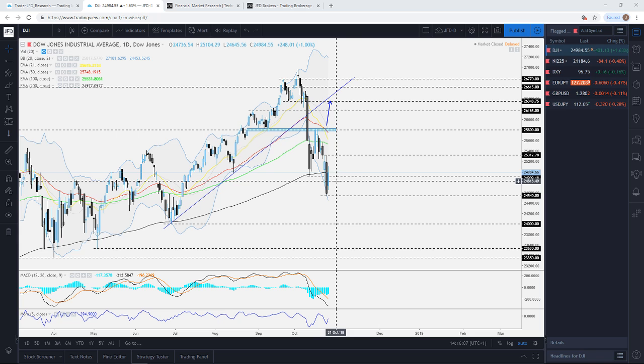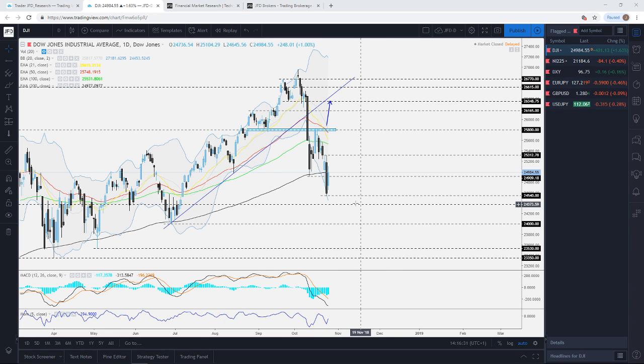we can see that it's trading around the 24,800, maybe just slightly below that. So in a way, basically what we're going to get here today is a little gap here, or just the candle basically is going to be inside here. So for now, if this index is going to continue trading within these boundaries here, the boundaries that I've got are on the downside the 24,540 area, approximately there,